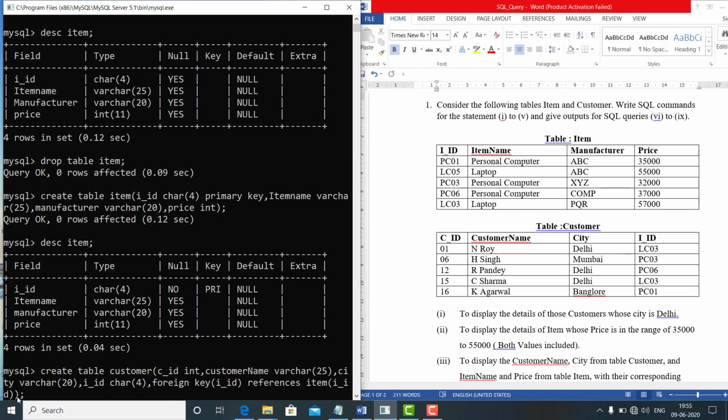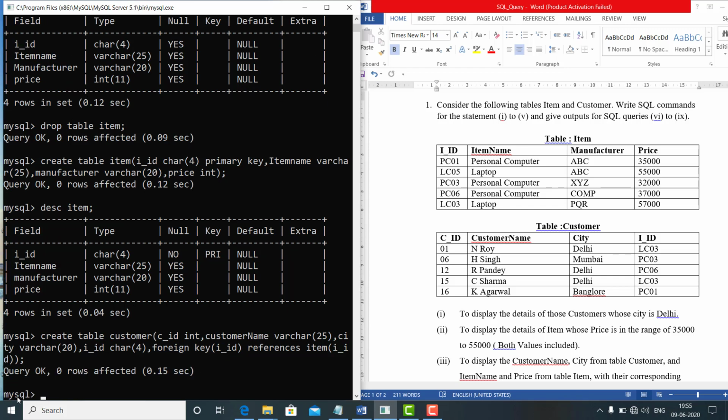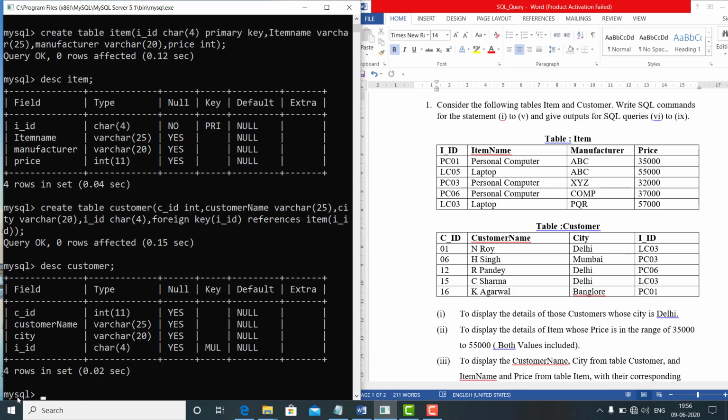Now close this table and press enter. Now that table is also created, and if we want to see the structure, we have to use the DESC command, and the table name is customer, and enter.